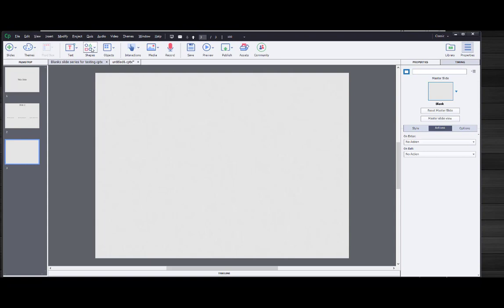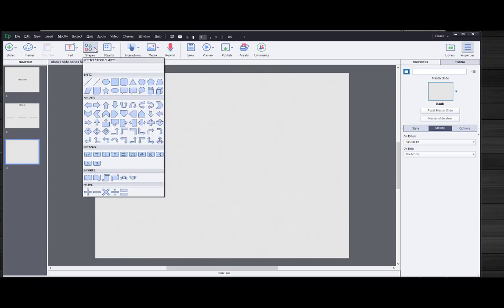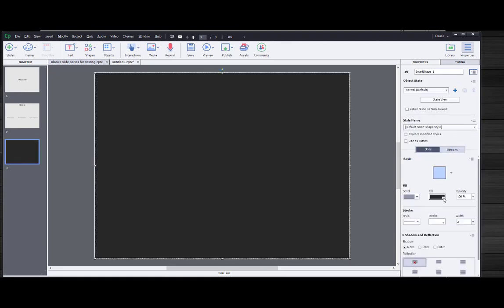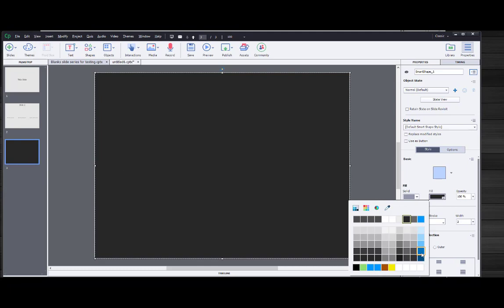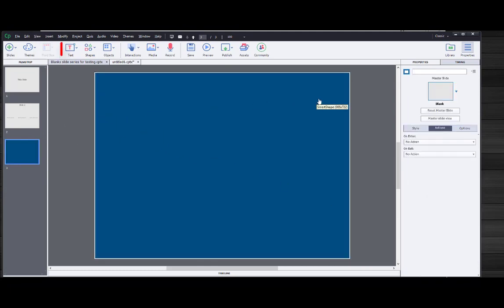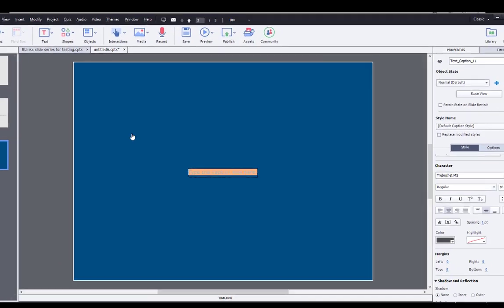They might use a shape to put a color in, say for instance for a background like this. And you see the fill color is over here, and then I can choose dark blue. Now if they want to put text on there like a heading, they could come up here to the text box, click text caption, and type in